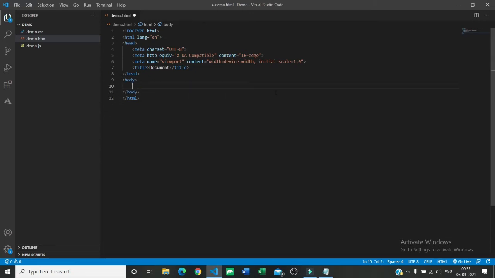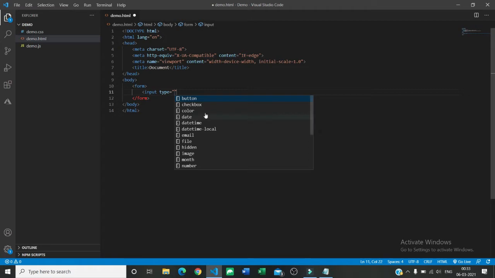For any element I have to give the first tag, so I am here giving the form tag. Inside that form tag I need a username and password for now, let's say. So to insert a username I am giving an input tag. Now in the last lecture we learned about HTML attributes. Here also in the input tag there are so many attributes. So the first attribute is type.